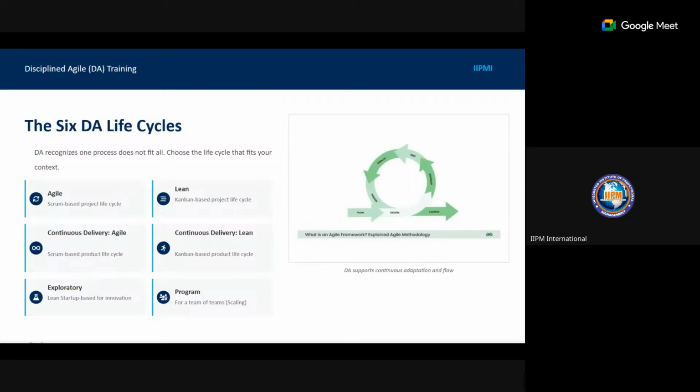They have the program for a team of teams, that's for scaling purposes. If you want to scale, then you are at liberty to use the program approach.